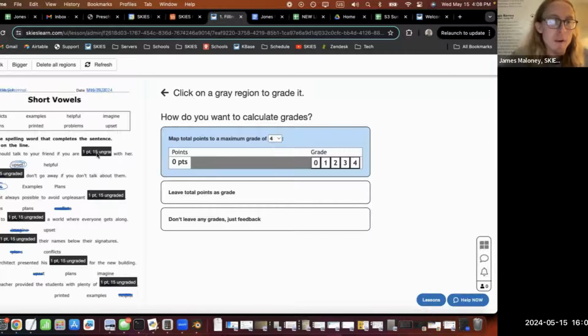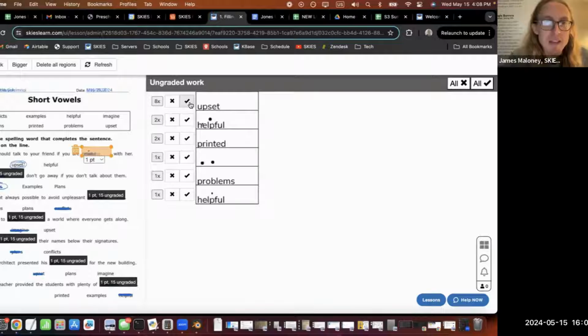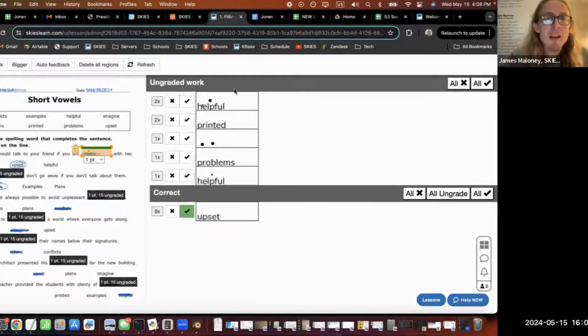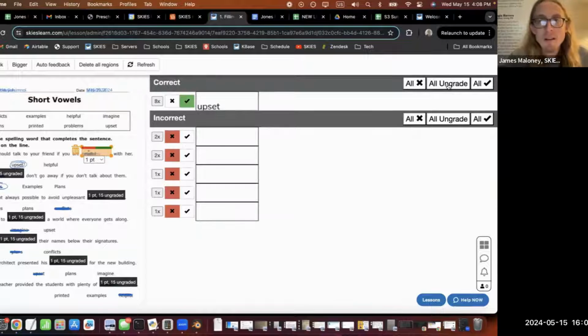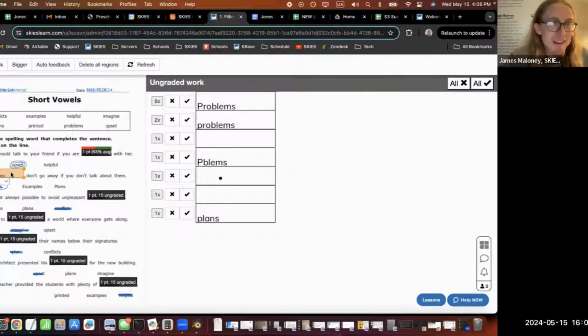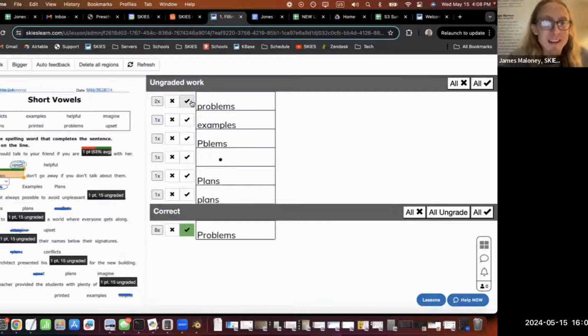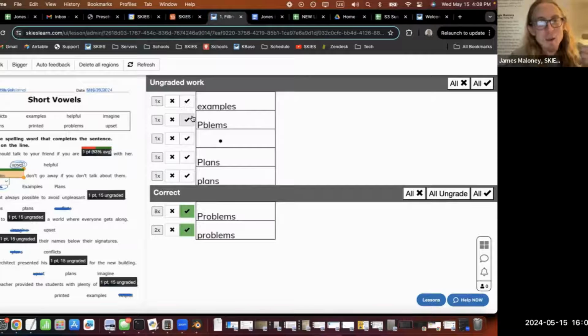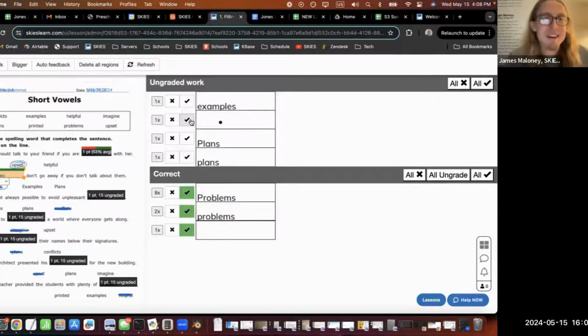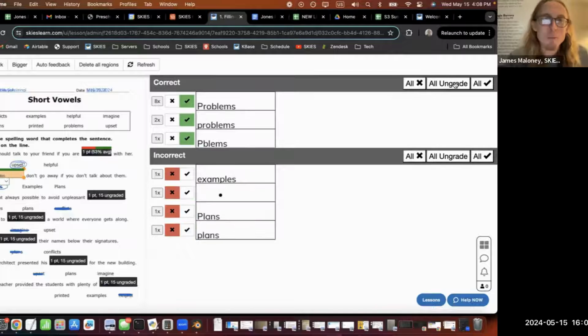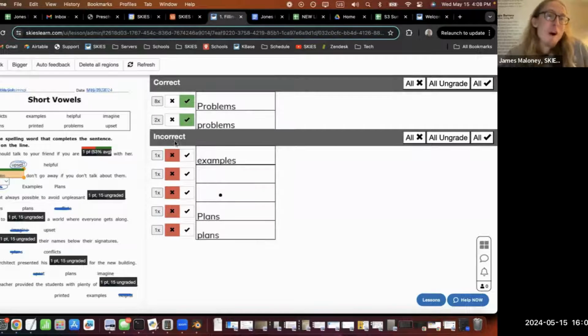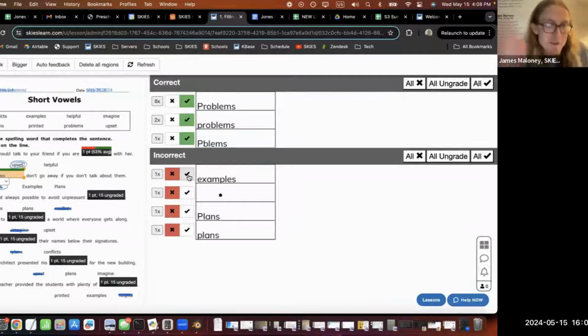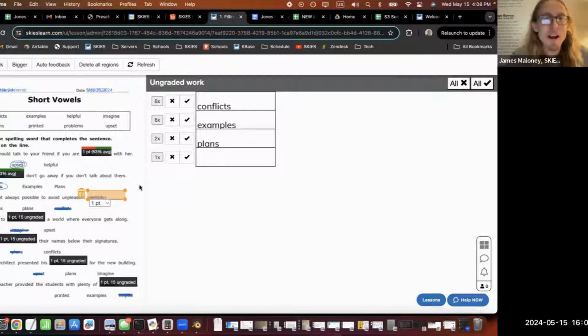So right here, I'm going to go to this one and say, yeah, these 8 people that said upset, these people got it wrong. And I'll go to the next one. Problems was correct. Now, you two didn't capitalize problems, okay? But I'm an easy grader. You guys are going to get credit. And so is this person that wrote Peeblums. Everyone else is going to get it wrong. Now I could make it wrong if I wanted to. I can see who did that, but I know you were trying to do that.